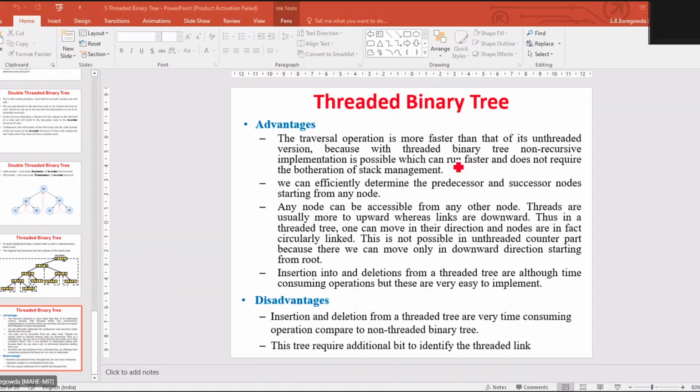Suppose the height of the left subtree is HL and the height of the right subtree is HR; if their difference is at most 1, then the search operation becomes more efficient.